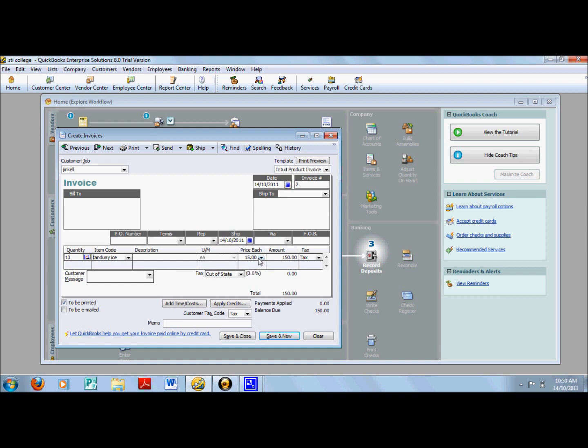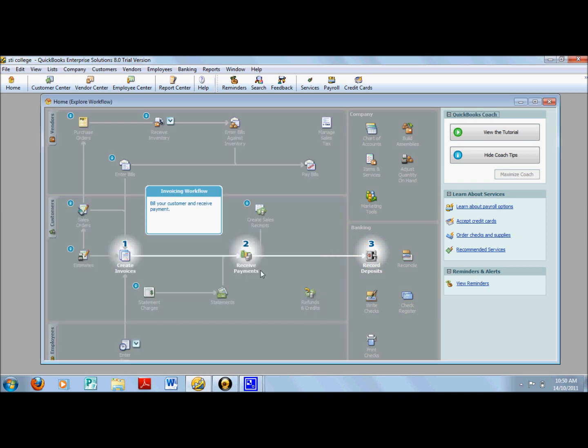And then in the price each, you will see a 3-day sale. And then click the 3-day sale and then save and close. The price level is recorded in QuickBooks.